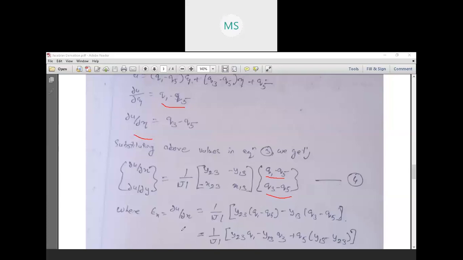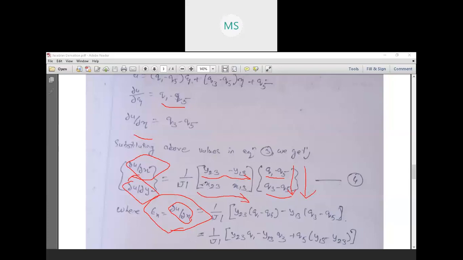And that is what is our epsilon x. So from here you can get the epsilon x. What is epsilon x? We have seen in the first expression only, del u by del x. So from this you can find out the value of del u by del x, and this will give you the epsilon y value. If you multiply first row and the first column, you will get epsilon x, whereas when you multiply the second row and the first column, you will get epsilon y.